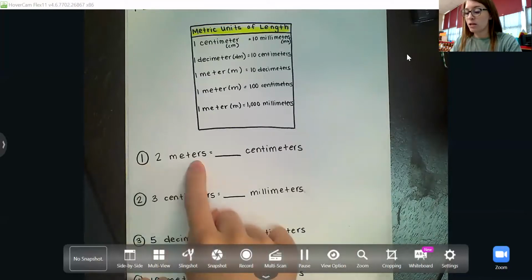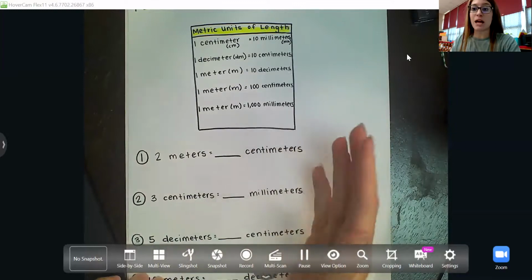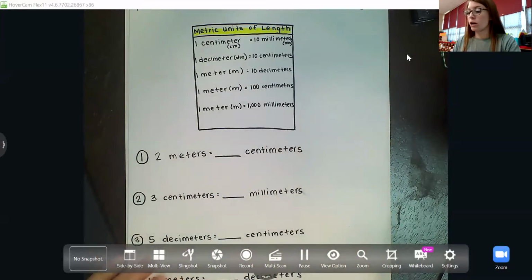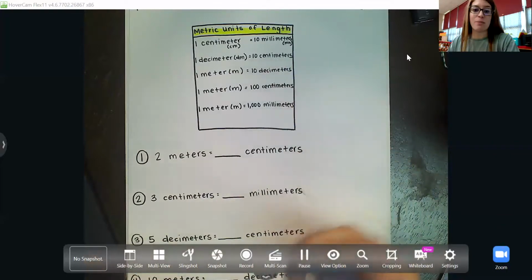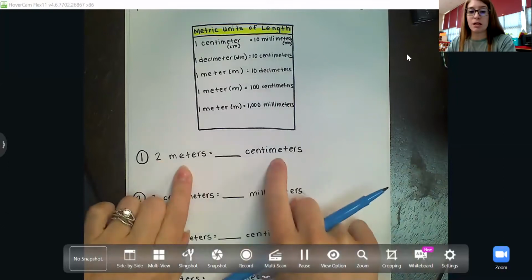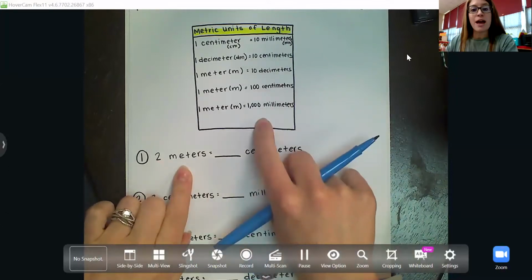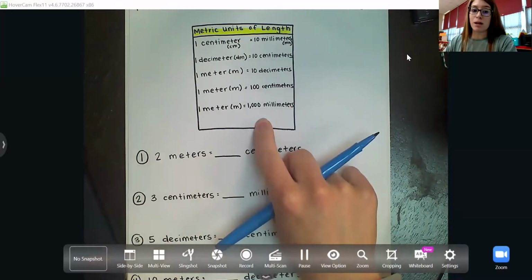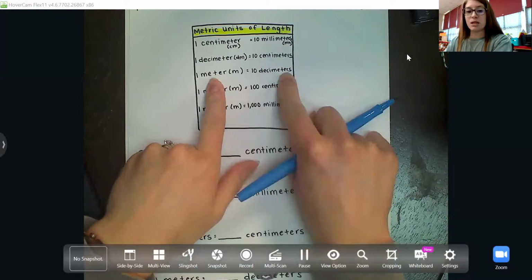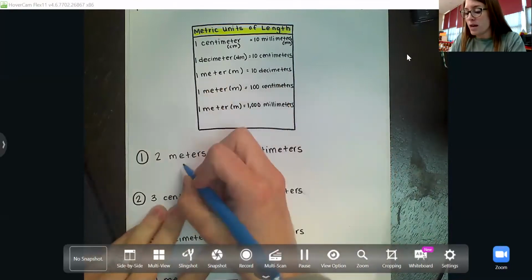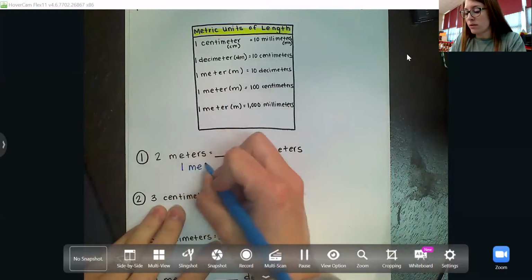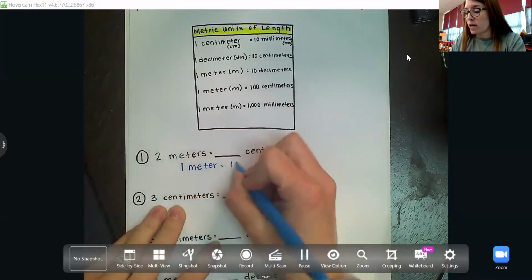Number 1, we've got 2 meters equals how many centimeters? The conversions are going to be the same thing. We're going to look at our conversion chart and multiply to find how many there are. I'm going to go up to my conversion chart and figure out which one converts meters to centimeters. We've got meter to decimeters, meter to centimeters. So we're going to be using this one right here, and it says that 1 meter is equal to 100